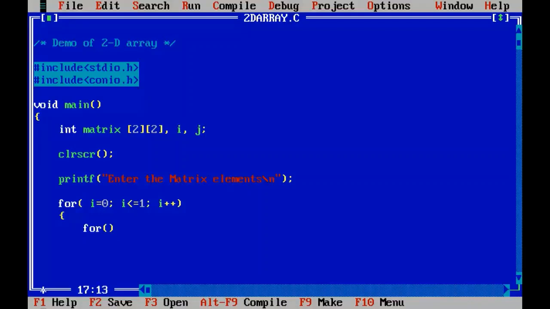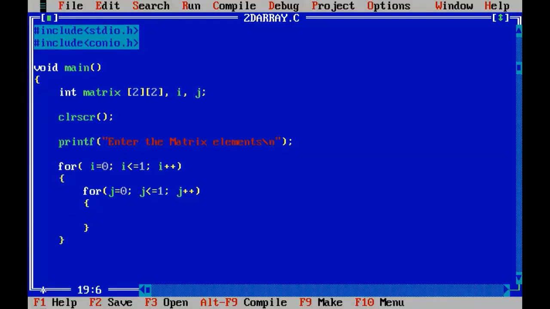Start with j equals 0, j is less than or equal to 1, j plus plus. I'm indenting just to make sure you see that we are putting the for inside another for.